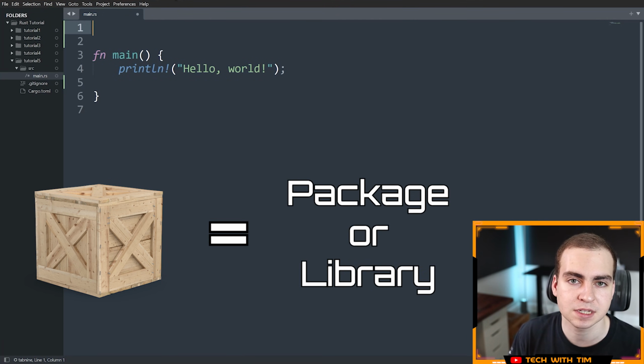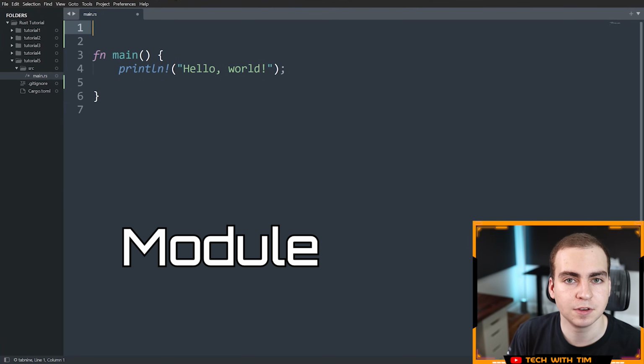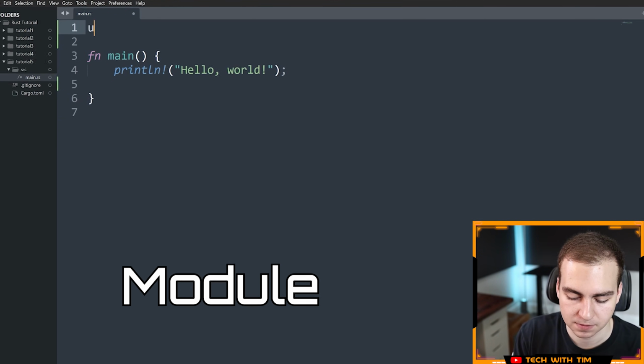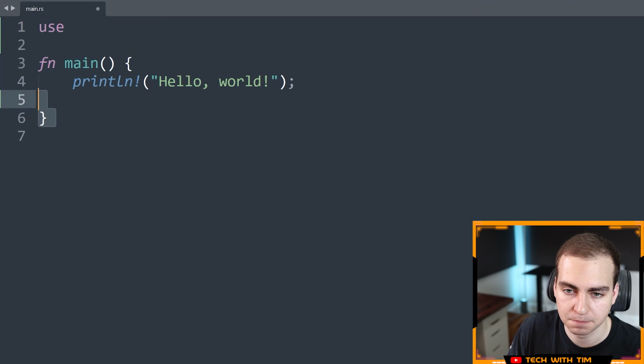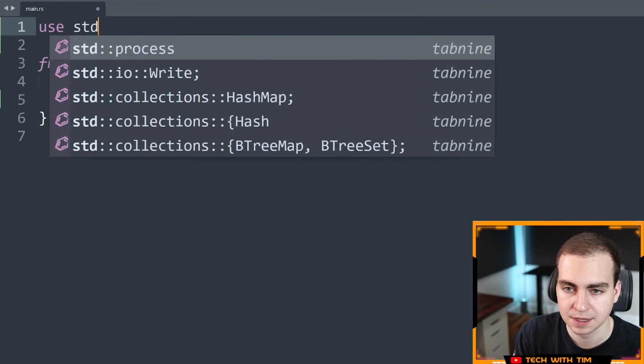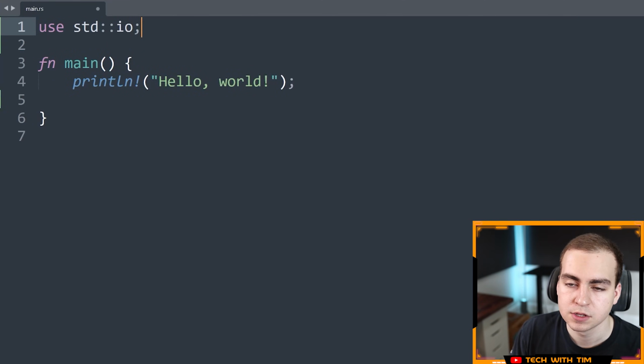They're kind of synonymous. And then within each of those packages or libraries or crates, we have something called a module, which is a specific piece of functionality. For example, here we're going to use the io module. So what I'm going to do here at the top of my program above this function is write use std, standing for standard library, and then ::io. So what I'm doing is using the std crate or the std package or library, and then I'm bringing in the io module, which stands for input output,